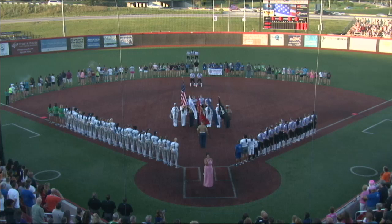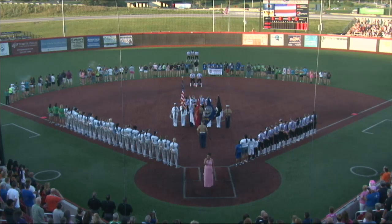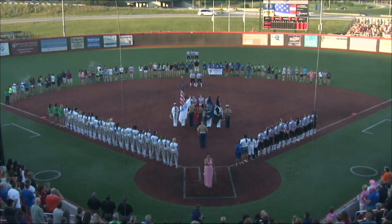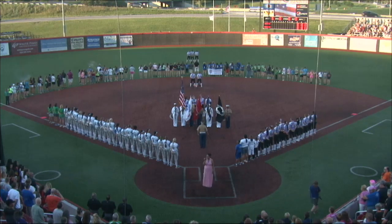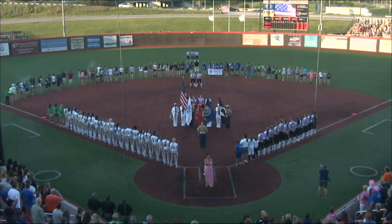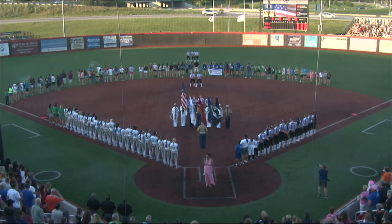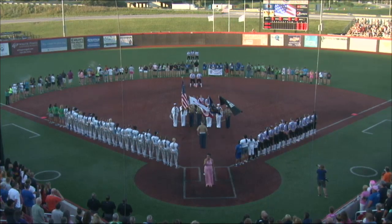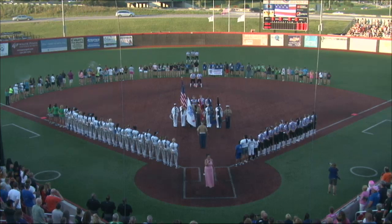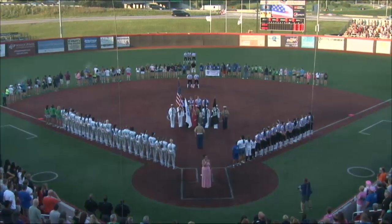What so proudly we hailed at the twilight's last gleaming, whose broad stripes and bright stars through the perilous fight, o'er the ramparts we watched, were so gallantly streaming. And the rockets' red glare, the bombs bursting in air, gave proof through the night that our flag was still there. Oh, say does that star-spangled banner yet wave o'er the land of the free and the home